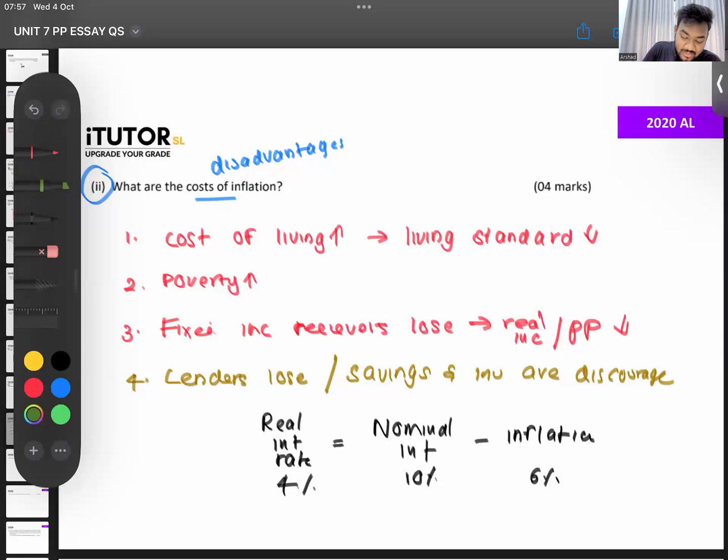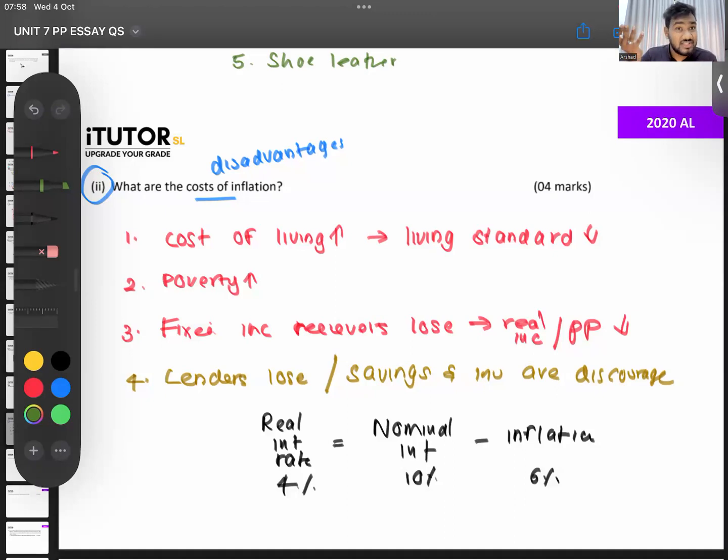What is shoe leather and menu cost, Lamai? Shoe leather cost is, guys, when the price of goods goes up, now you have to walk. This is an ancient term, right? When the price of goods goes up, now you have to search where they have lower prices. Where do I put my money now? Should I take it from this bank and put it in that bank? Which shops will have low prices? You have to walk around and all, no? So the leather in your shoe gets worn out. That's the whole concept of shoe leather cost.